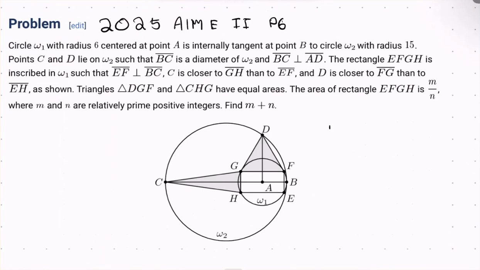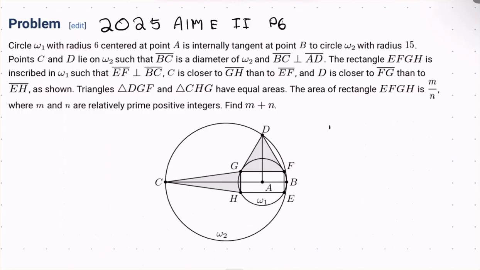Hi everyone. Today let's solve the 2025 AIME II Problem 6. The problem reads: circle omega 1 with radius 6 centered at point A is internally tangent at point B to circle omega 2 with radius 15. Points C and D lie on omega 2 such that BC is the diameter of omega 2 and BC is